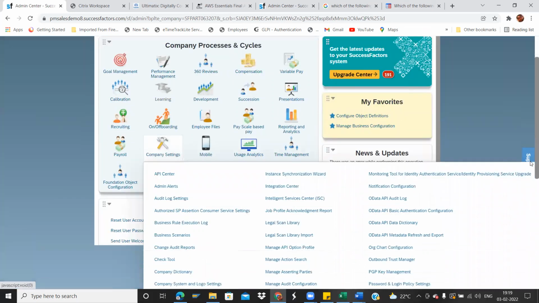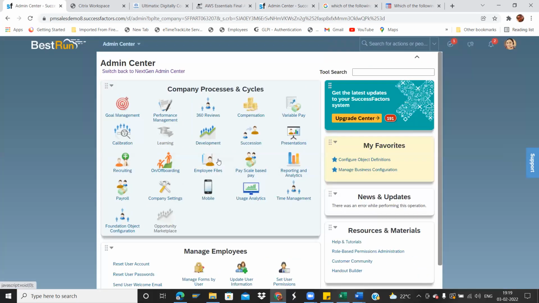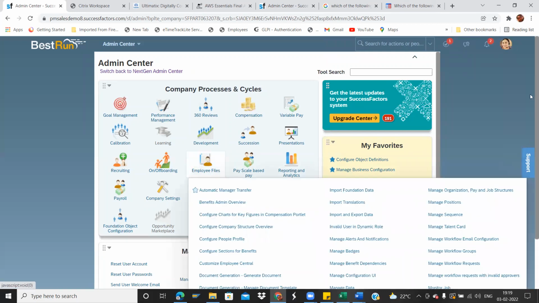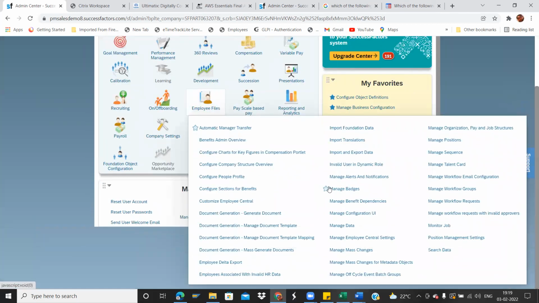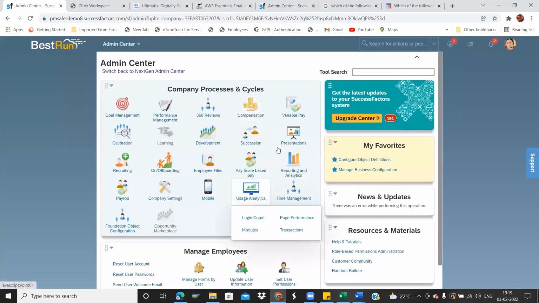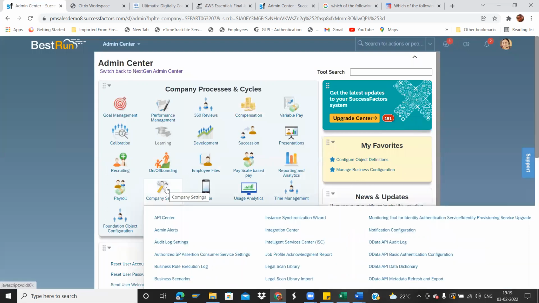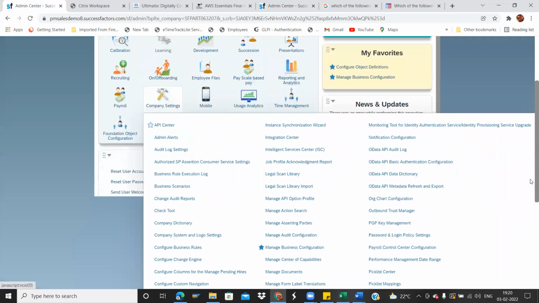Okay. For example, I'm into a different thing like the employee files. I'll be using one transaction regularly, like manage badges. This is also a part of Employee Central. Manage data, this is also a part of Employee Central. Now, very frequently, I'm using it. It is not necessary that whenever you get the job, all these action names you will be using. There are only hardly 3 to 4 action names, configuration actions, that in real time you'll be using.